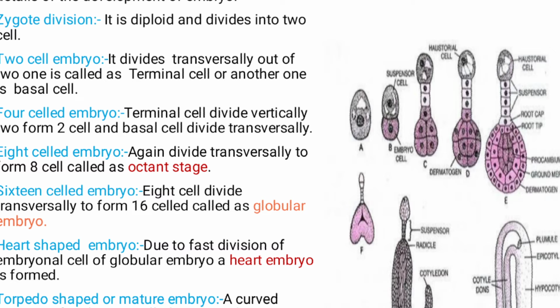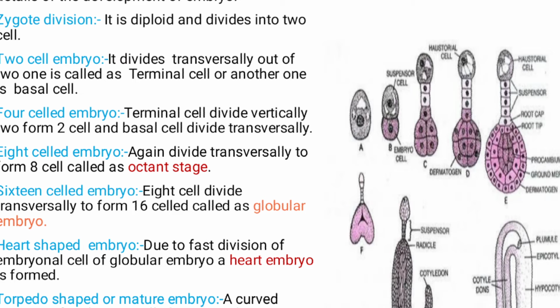Then the eight cell stage is formed. Now the four cells again divide transversely, mitotically and form eight cells, called the octant stage. The four cells next to the suspensor are termed the hypobasal or the posterior octant. It means that there are eight cells present, है ना. तो जो एम्ब्रियोनल एक्सिस की जो अबो वाली जो लेयर होती है वो इपीबैसल बोलते हैं और जो नीचे वाली जो होती है उसको हाइपोबैसल बोलते हैं.